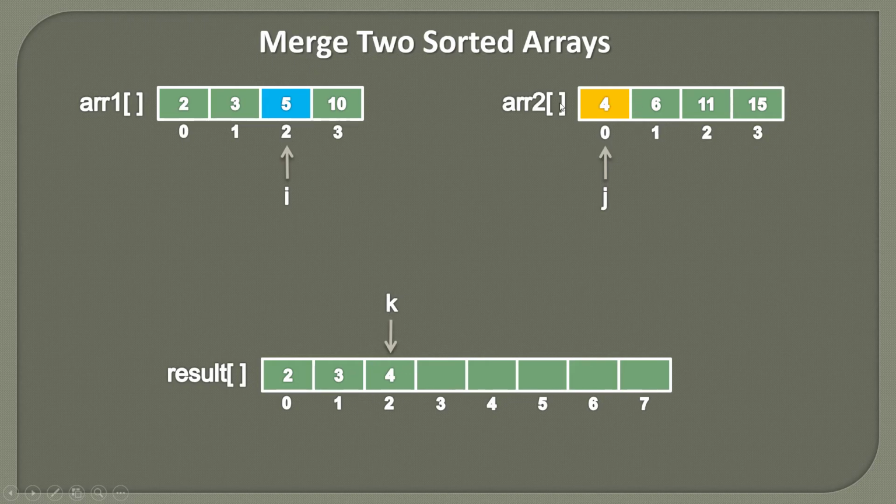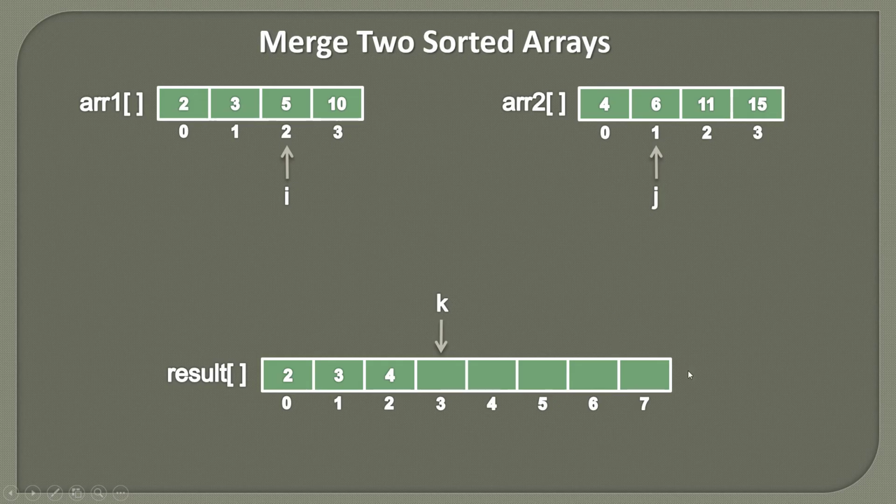So now we have used the value stored at jth index, so we'll simply increment j by 1. And we have filled this value, so we'll increment k also by 1. So here you can see wherever we are finding any lowest value in array 1 or in array 2, we are simply incrementing that pointer. And why we are not incrementing the other pointer is because that value still needs to be